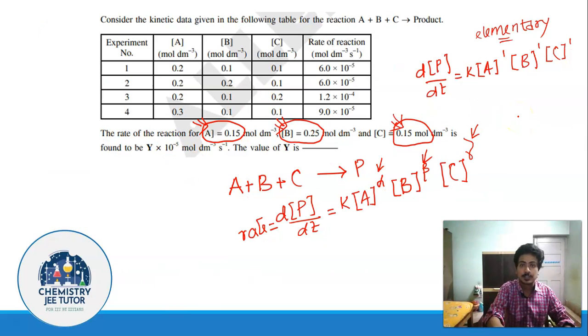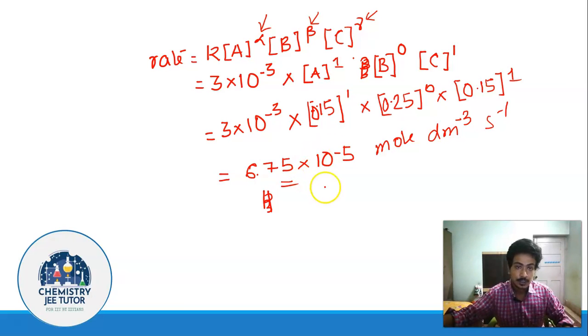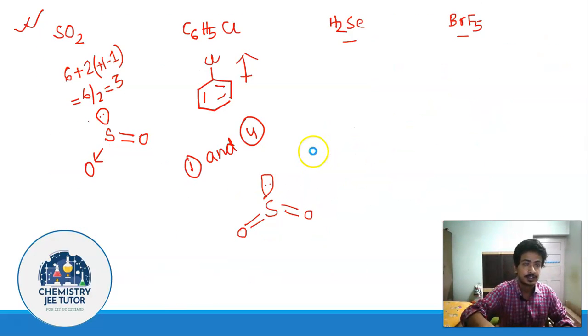You also chalk out the units yourself. If you have any problem, then do let us know. The units should not be a problem in this case, because all of them are in the same units. That's why no problem with the units in this case. So the answer comes out to be 6.75, because this part is already given here.